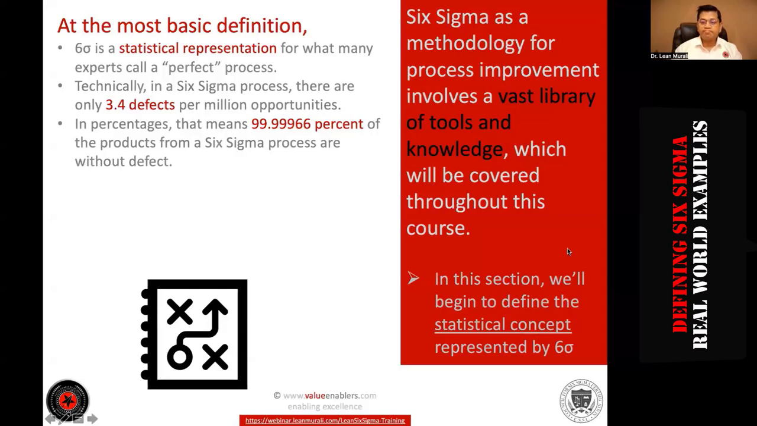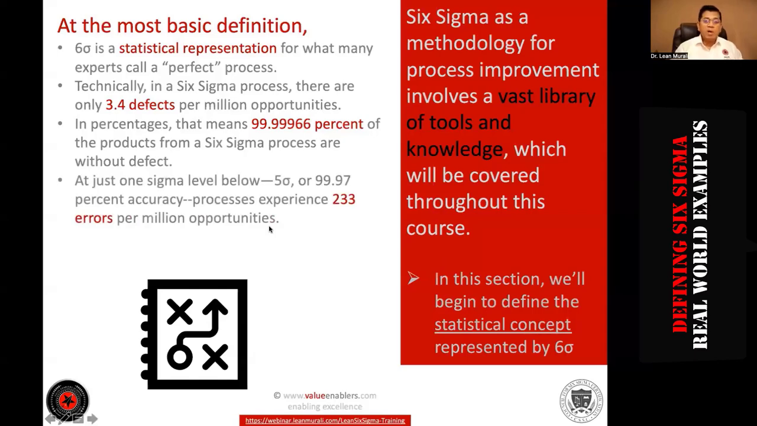Awesome. Okay. Now, at just 1 sigma below, that is 5 sigma, or 99.97% accuracy, they will experience 233 errors. Look at that. Just from 6 sigma, if you go to 5 sigma, then from 3.4, it will go to 233. So in simpler terms,